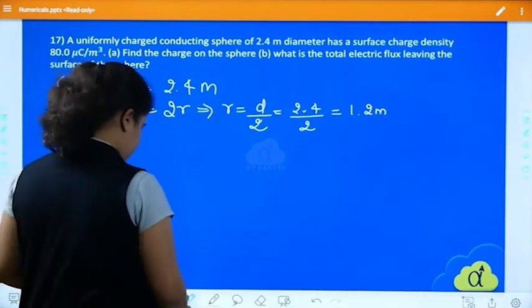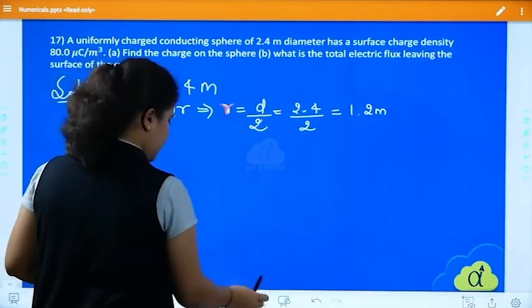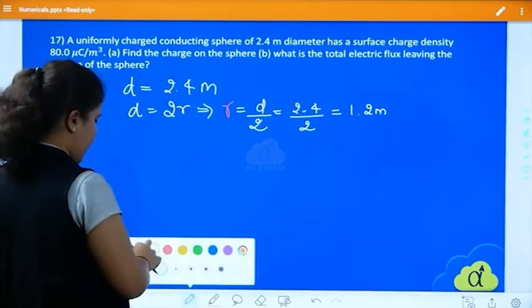I'll just write it in a different color so you people can understand easily. So the value of R is nothing but